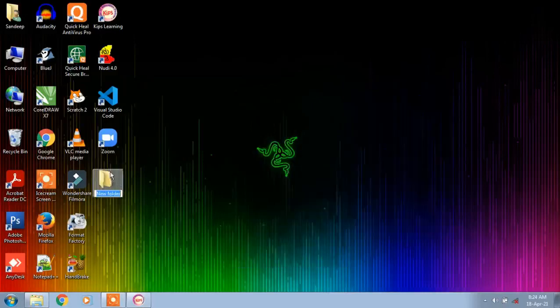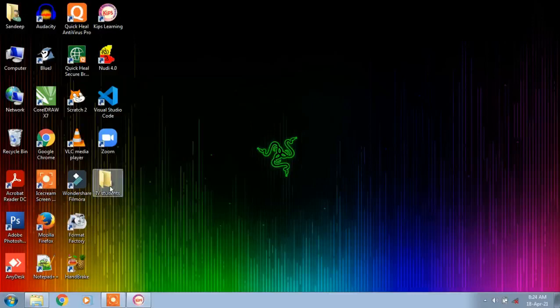Here you can see the folder icon with the name new folder. Now type a new name for this folder, fourth B, fourth students. The folder name is fourth students. After typing, just press the enter key on your keyboard, and your folder is created.